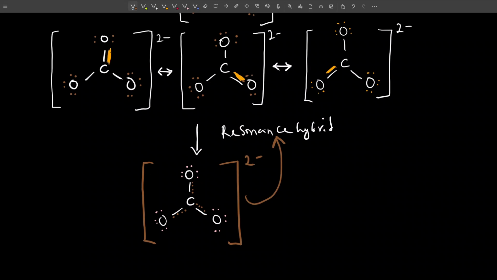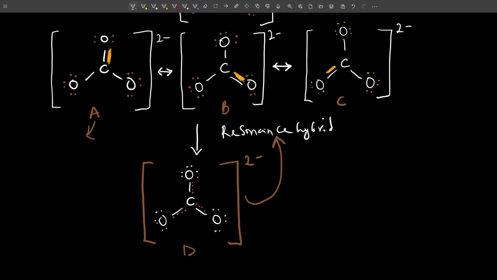Each of the resonance structures contributes to the resonance hybrid. They can all contribute equally, or one may contribute more than the other. So let's assume that we call these resonance structures A, B, and C. A, B, and C can contribute equally to the resonance hybrid. Or in some cases, resonance structure A might contribute most to the resonance hybrid. So if A contributes most, it means that the acceptable structure for CO3 is this resonance structure A. If B contributes mostly to the resonance hybrid, it means that B is the acceptable structure for